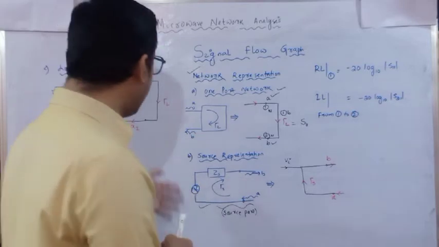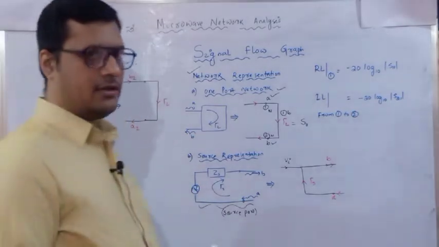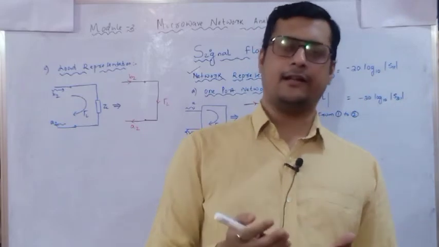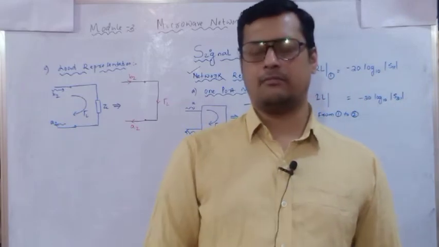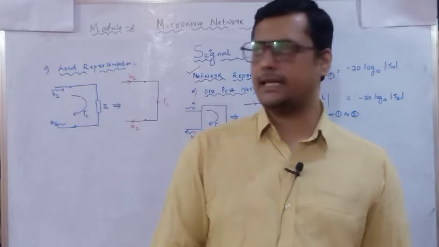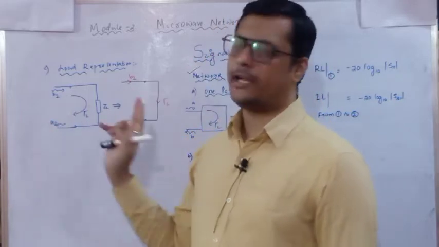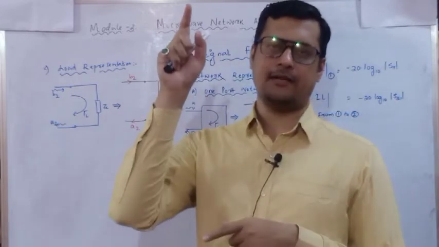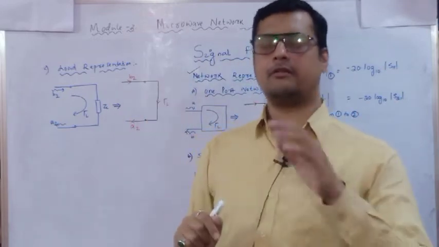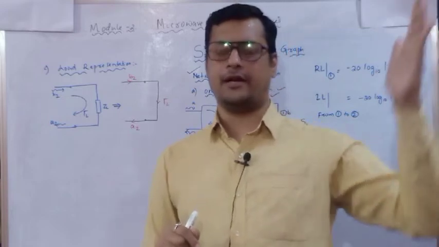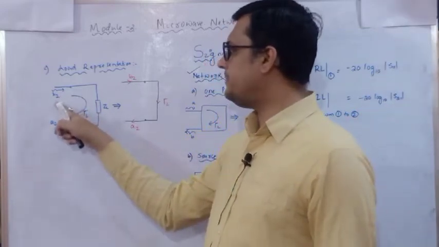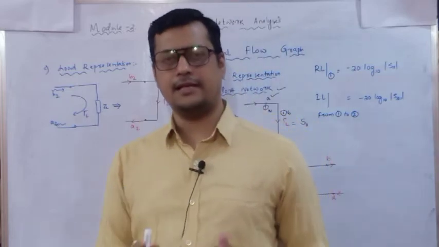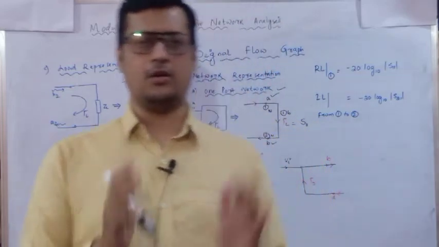Done. Next, load representation. At load representation, if only the load is considered, then again two node potentials will come. One is the reflected, one is the incident. So B2 and A2. In that SFG we have represented B2 and A2. So it will form a relation with respect to A1 and B1. So it is B2 and A2, and this is the reflection coefficient we are going to represent when we are identifying at a load end.